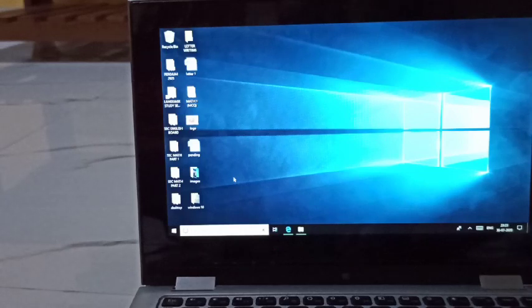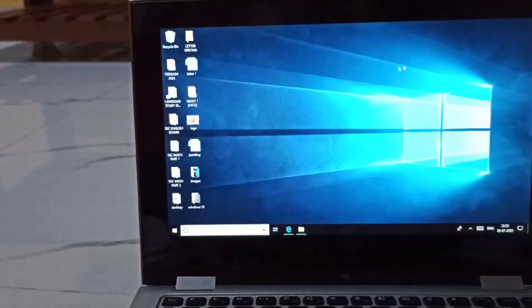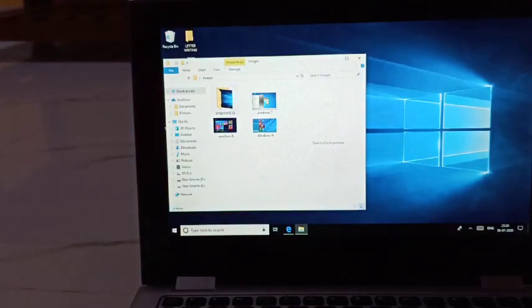Now see, you got the basic information about this Windows 10 desktop, right? Then again, one app is here. See here, it is a recycle bin. For what purpose is it used? For example, if you have deleted something from your computer, now see, I am opening this and I want to delete this Windows 10 image from here. What will I do?